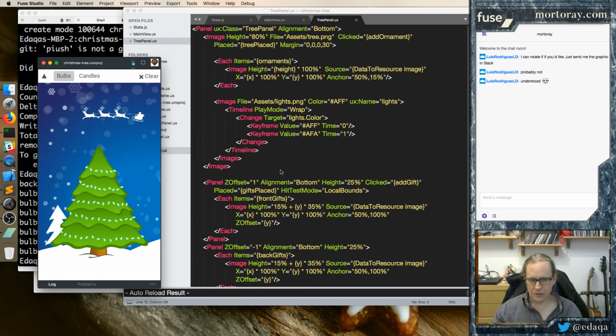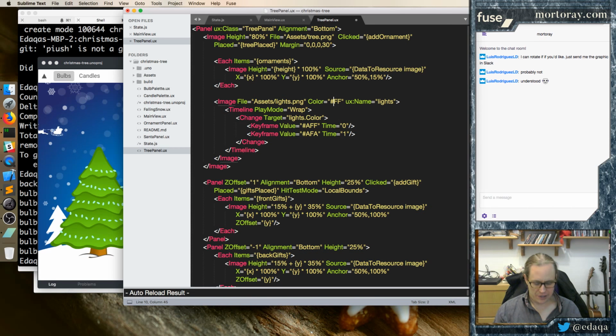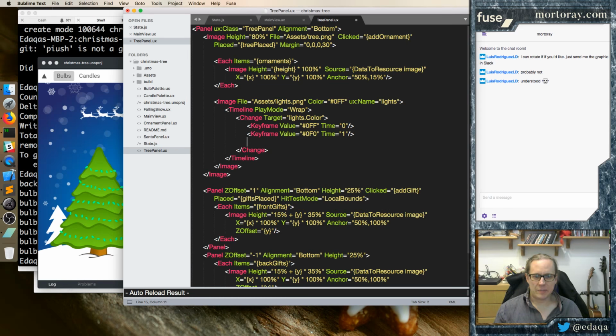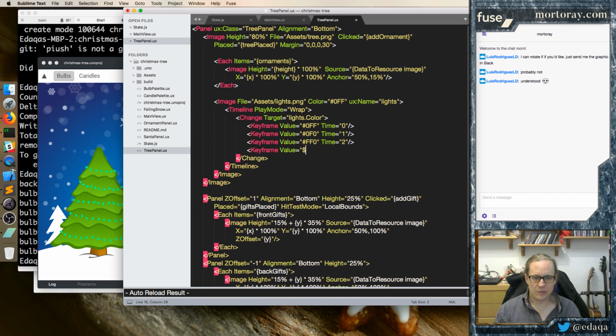So they look like they might be changing color, but this is really not that satisfying of a change. So let's make them really bright, not nice white lights. Make them garish, colorful, fully saturated lights. There we go. And it's going to skip at the back because it goes back that way. But let's make it change to a bunch more colors of lights. Value equals. Do some yellow lights. Keyframe value equals, then some red lights,